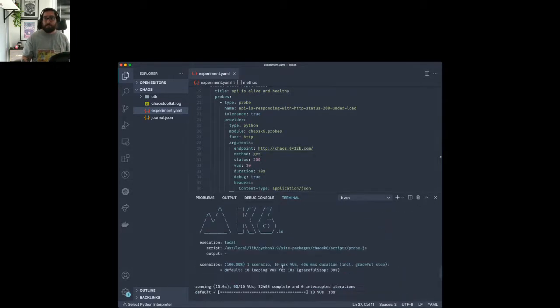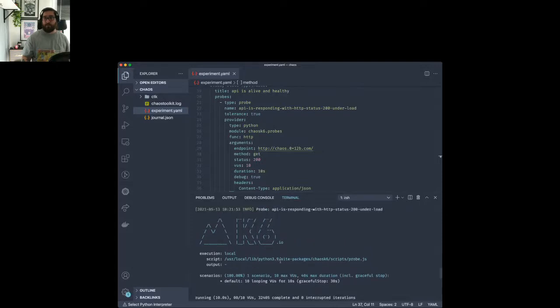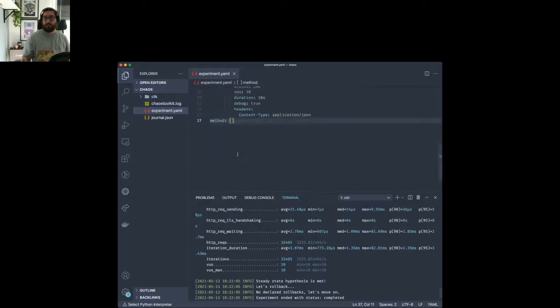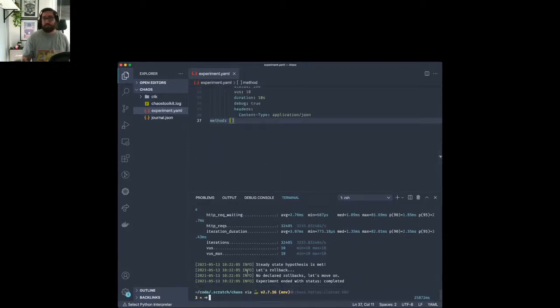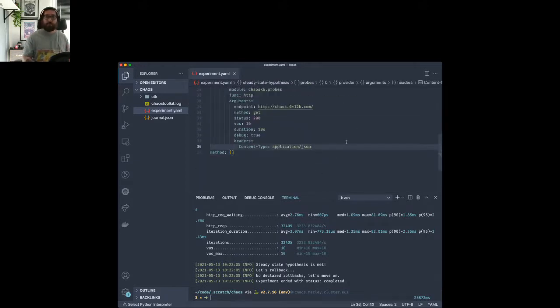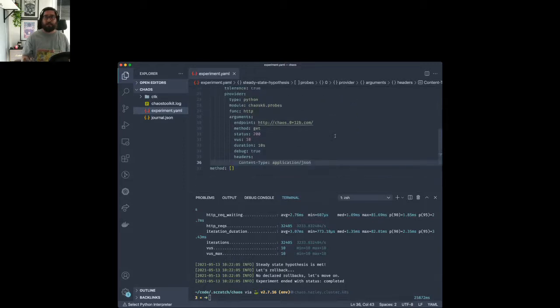And we then run it once, and once that's done, we inject the failures that we've defined in method, which is currently 0. So we just run the steady state hypothesis once again to make sure it's still valid after the experiment, and then we're done. And so far, everything works, but we've not started doing any actual failure injection yet. But before we actually do that, we're going to add another probe as well.